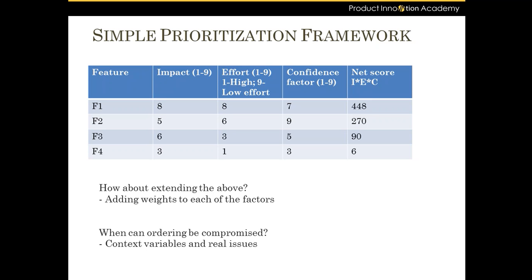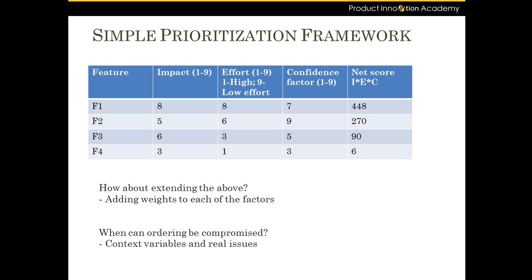Okay. Is it all a numerical exercise for prioritization? Of course not. Depending on the context you live in, the environment in your company, things could change. Let's say your utmost important task is to create very high impact things first to prove this whole concept of optimization to management and to take it forward. Then you can put more weightage on the impact itself. You take up items with higher impact and higher confidence factor. You can ignore the effort. Or if your company does not give you enough engineers to do this, you probably take up things with lower effort and do this. So you can change this framework to add weights to each of these factors and